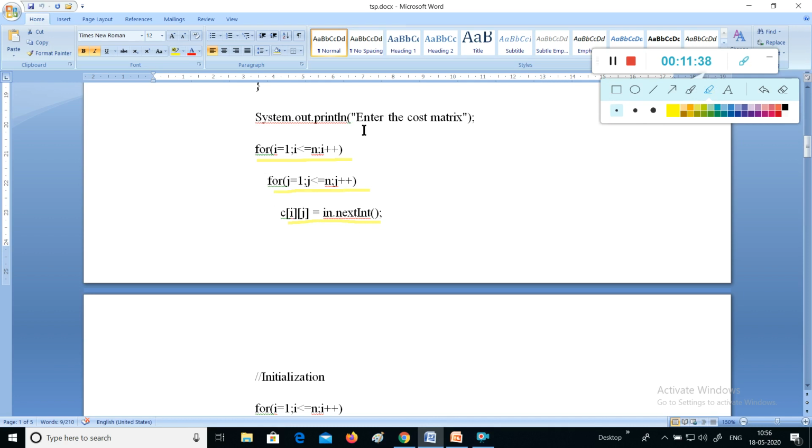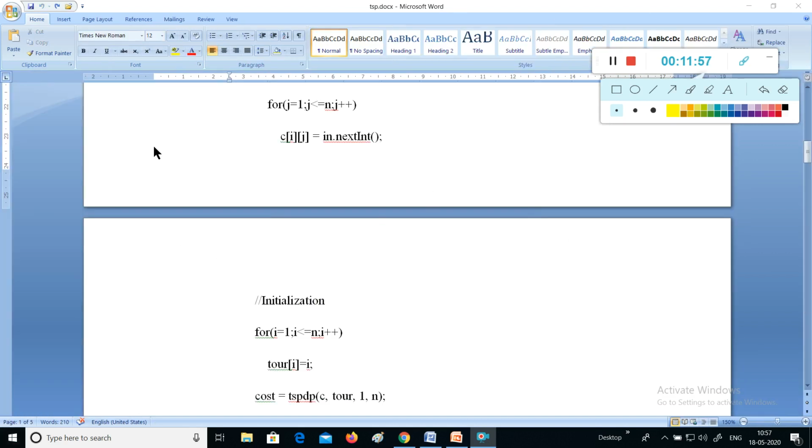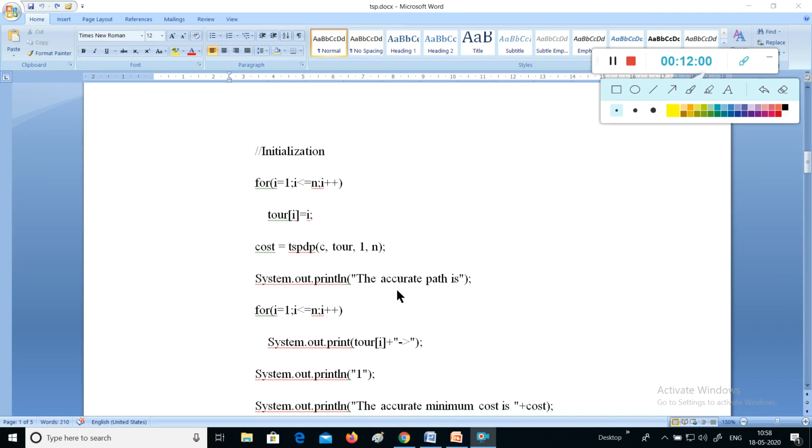So after entering the matrix, which matrix are we entering here? The cost matrix, which is used to find the path, and the cost matrix is going to represent the graph here. This is the graph we are going to use, and for this graph we represent the cost matrix. After reading the cost matrix, we go to the computing of the traveling salesman problem, finding the minimum path from source to source. Here it is a cycle. Source to source means it is a cycle from a route. To find the route we have to find the cycle, so that is 1 to 1 we are finding the path.